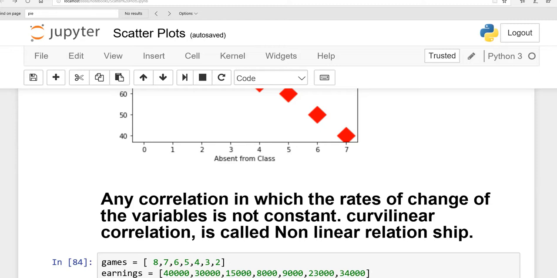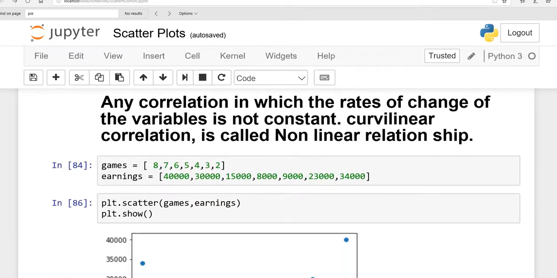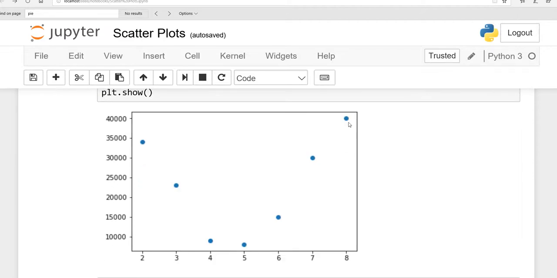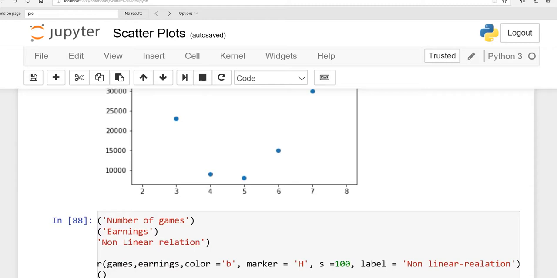It's changing, right? So when I run it, you will see the pattern. So see, it's not a positive correlation, it's not a negative correlation, but this is non-linear. Linear means line. It is not a line, right? And the same function, label, legend, everything.